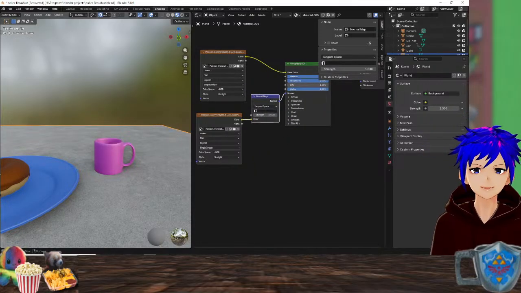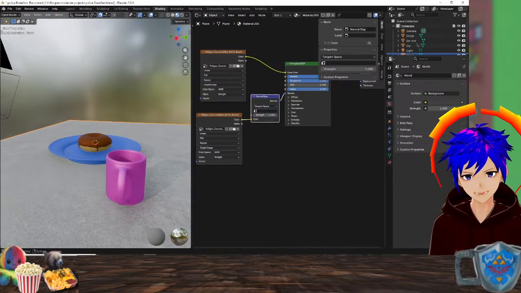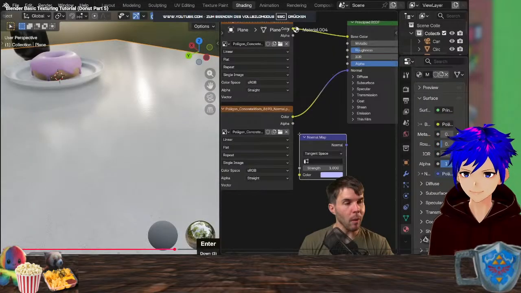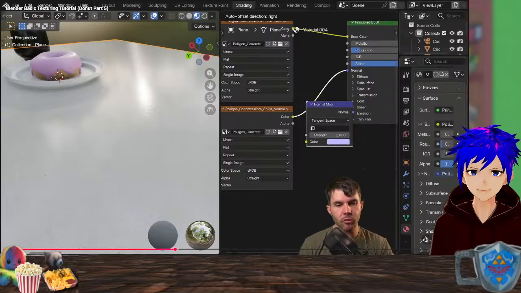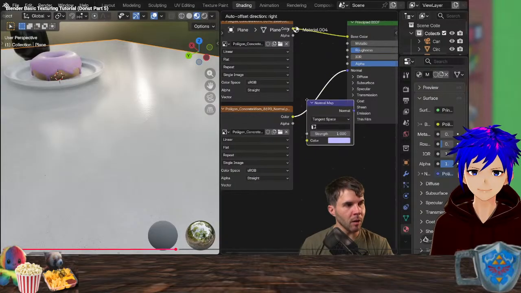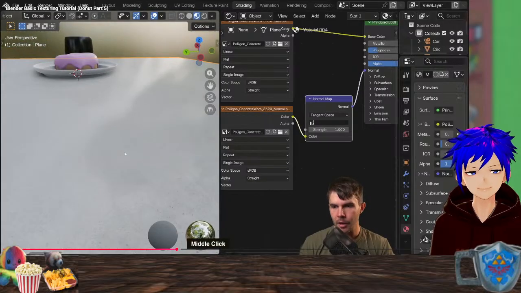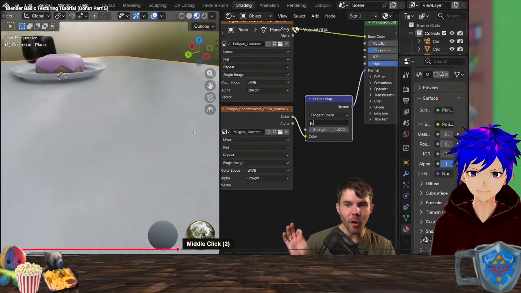Oh! Okay, that's cool. But I can just drag and drop that on the line and then it just connects directly. Once you've got this normal map, you then just need to drag it over that line until it lights up, and then you just want to do a single click and it will connect it. Okay, so now it is correctly connected, but still it's just not quite right.